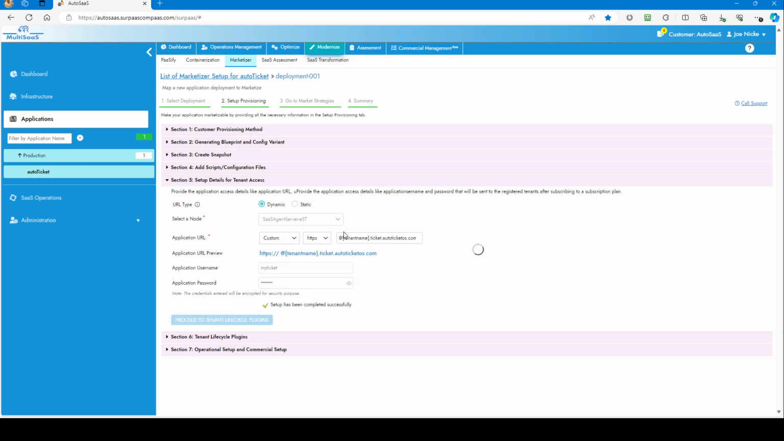The next thing we do is we set up details for tenant access. So how does a tenant access this application? We're going to set up a URL. In this case, it could be an IP address, but ideally you will have a domain name. And the domain name will be, in this case, it's